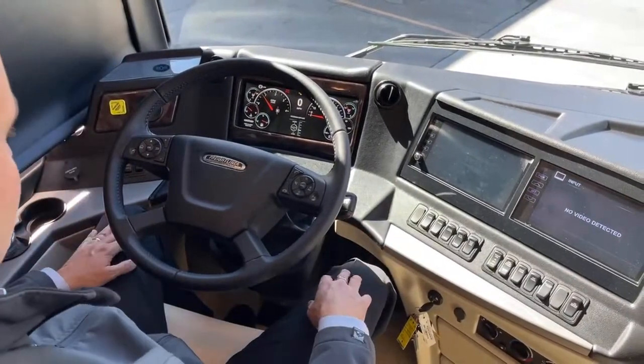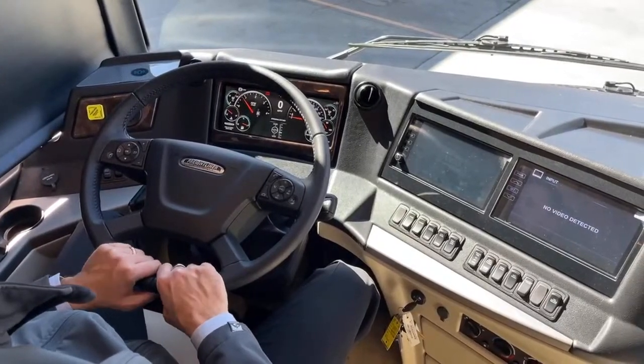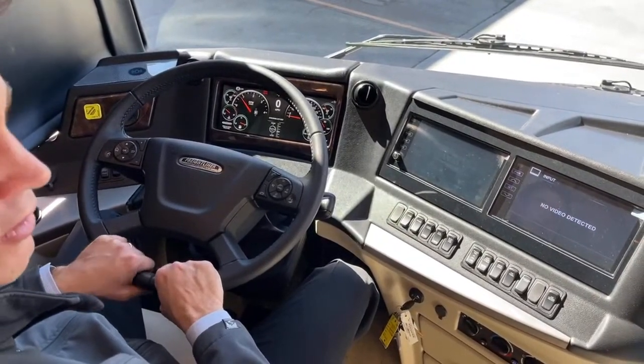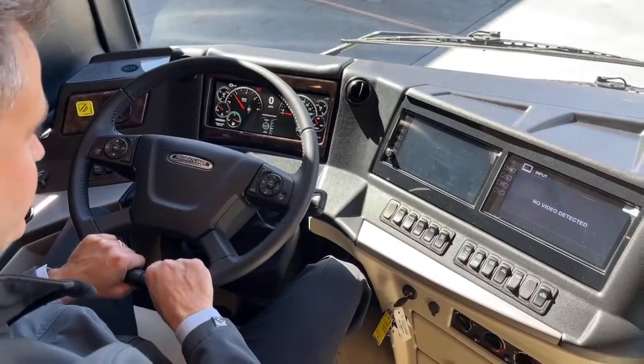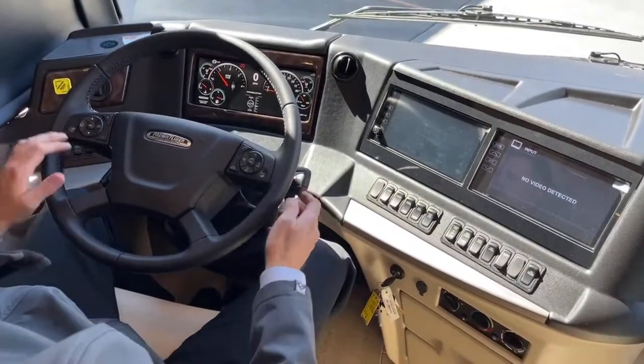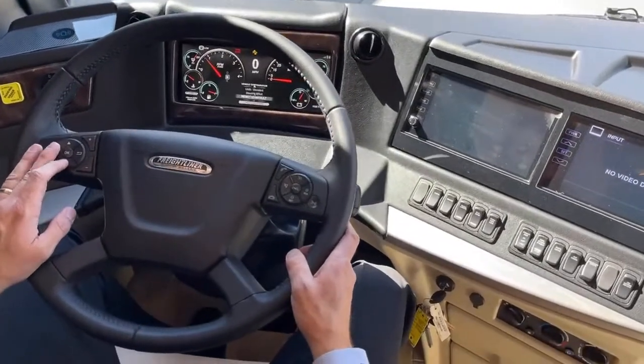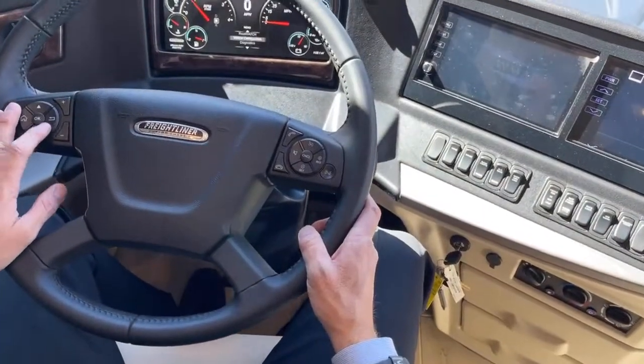So you plan on taking some long trips, and at this level of coach, well, I shouldn't say that. I think all Newmars have this? All Newmar diesels have it. Okay. All diesel pushers, I should say. You got it. Okay. So I'm going to back up here again, and we also have a couple other things,